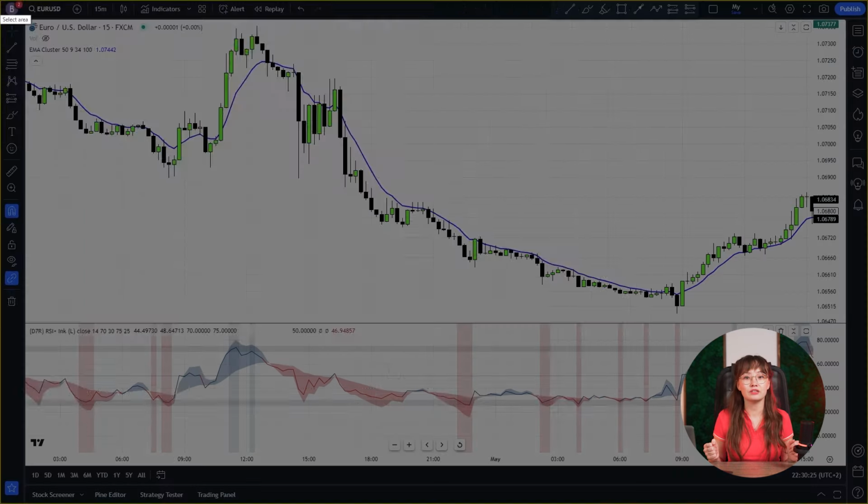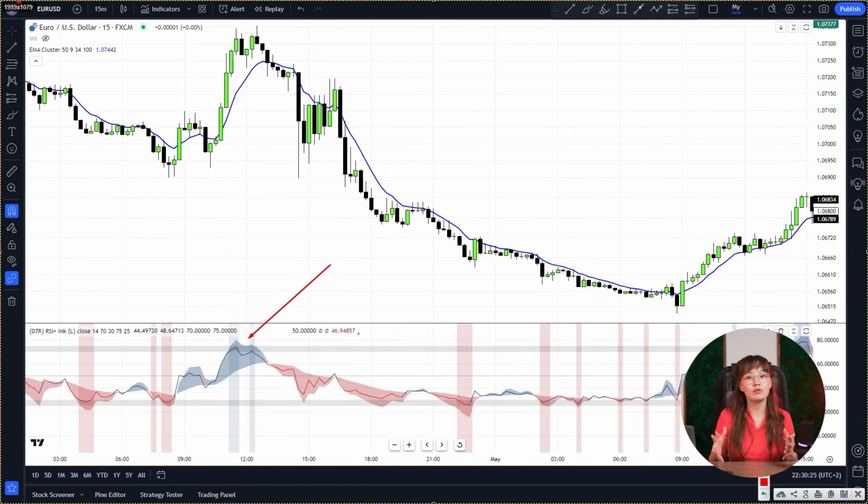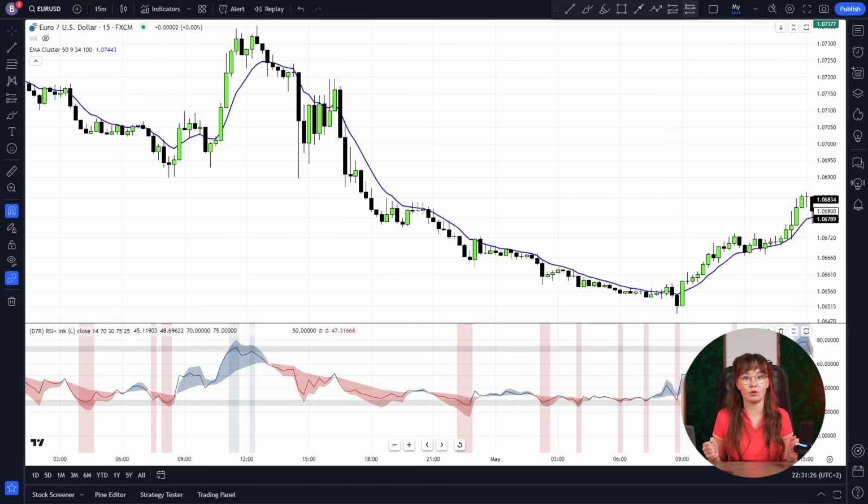Now let's see when to enter a sell trade. First, wait for divergence or for the RSI to enter the overbought zone, as on my chart. Then wait for the price to break the moving average from top to bottom and settle below it. This will be the signal to enter a sell trade. Then wait for the price to start falling and close the position when you see the RSI fall into the